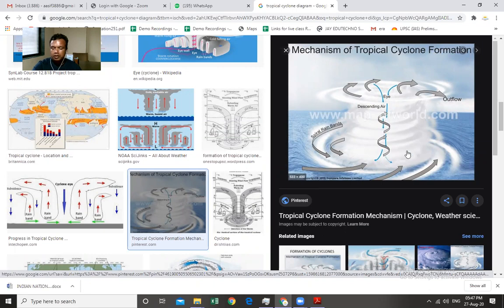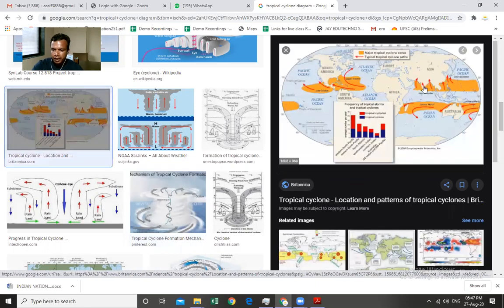So for circular motion, energy is required, and that energy is available in the ocean when the water is heated up, and due to the steam which is created by the heating of the water in the ocean, there is a circular movement of the cyclone. So that is why the cyclones are created here and here, and why not exactly on the equator. Although we have studied that the temperature is very high on the equator, it is not exactly very high on the equator. Temperature is high above the equator, between 10 to 30 degree latitudes in the north hemisphere and 10 to 30 degree latitudes in the south hemisphere. So here the temperature is very high.